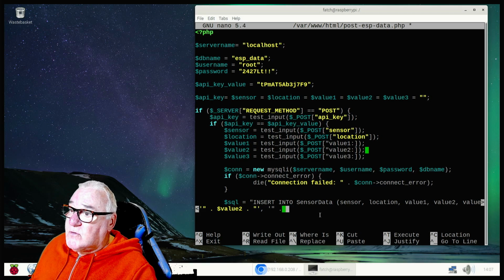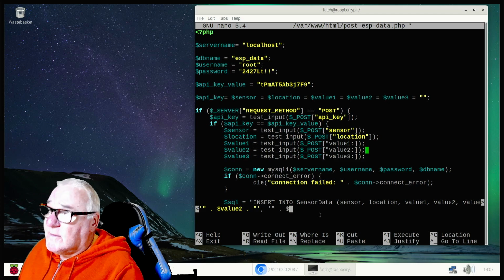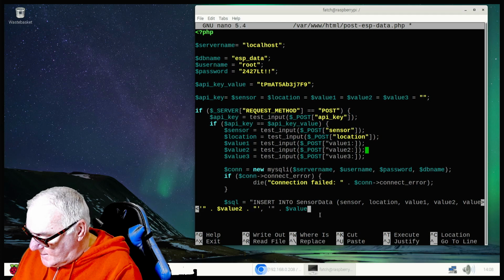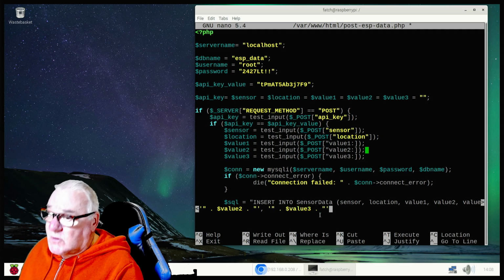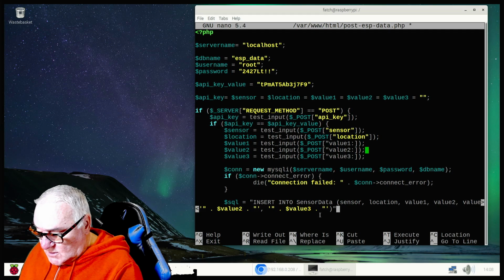Then it's $value3, space, dot, space, quotes, half quotes, brackets off, quotes, semicolon,